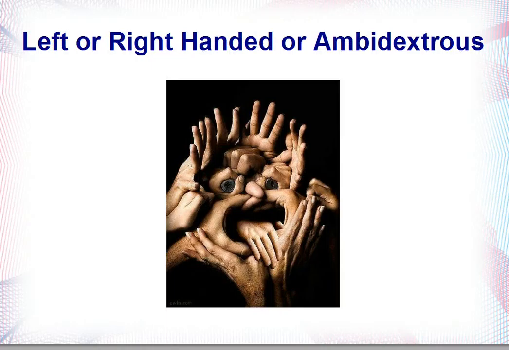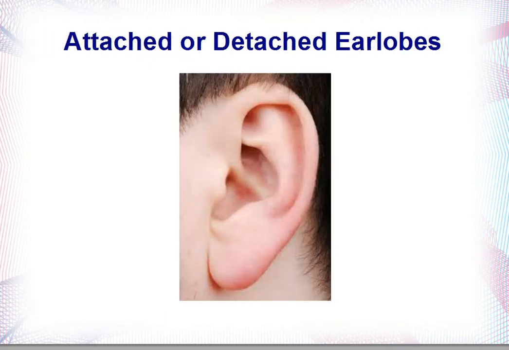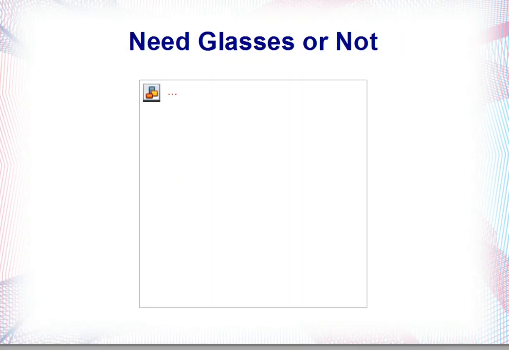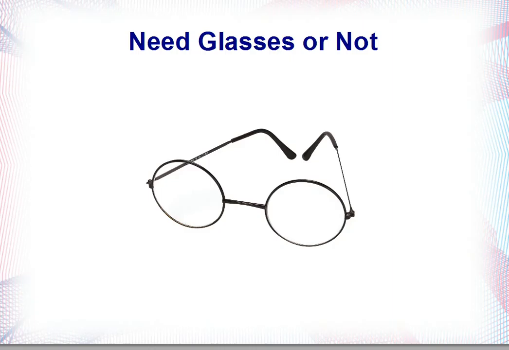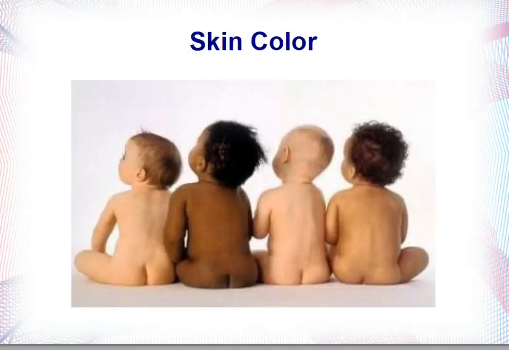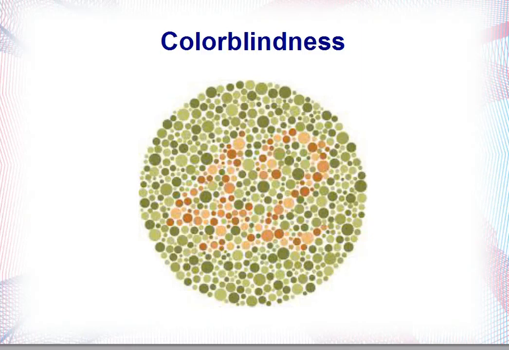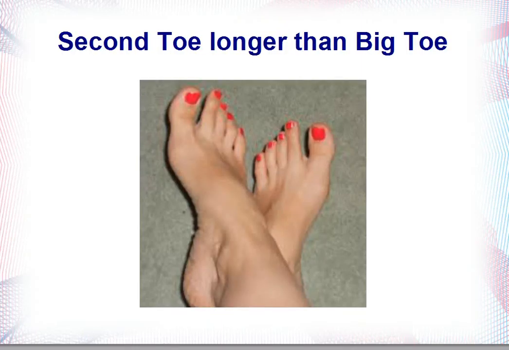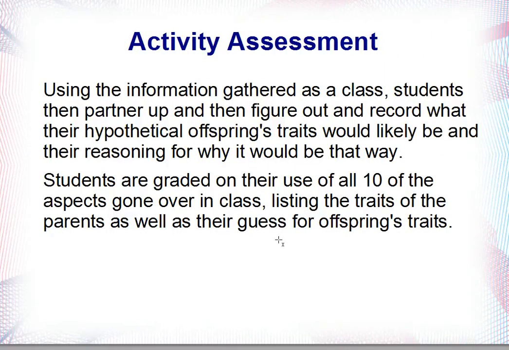If people are left or right-handed, or even ambidextrous, as uncommon as that is, you also have if they have attached or detached earlobes, if they need glasses or not, if they have double jointed thumbs or not, something I actually have myself, the skin color they may have, if they have dimples, if they're colorblind, or if they have, say, their second toe longer than their big toe. So that'd be 10 different